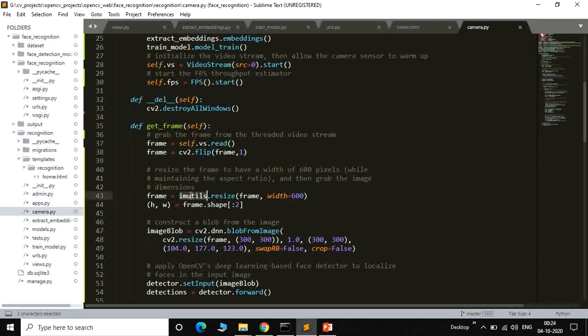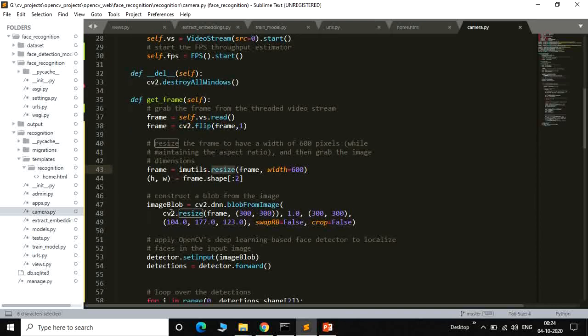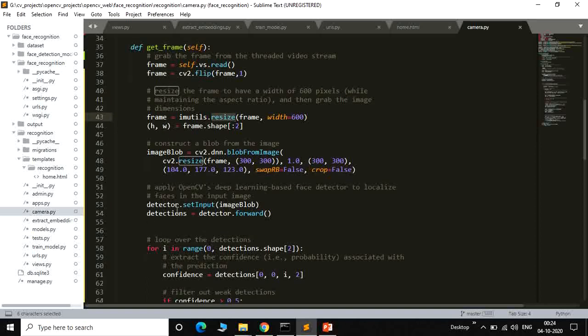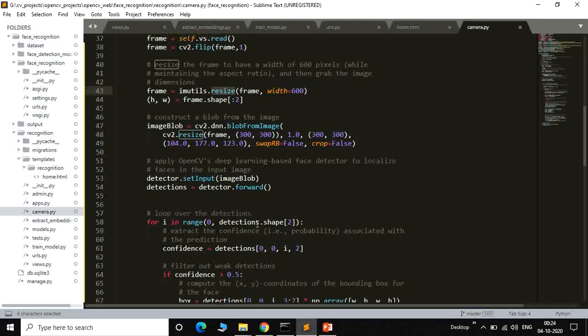Now utility.resize_frame, we first resize that particular frame to a width of 600. This is the height and width, and the image box, the image size, we can show it here. Now the detector.setInput with the image blob, and detector.forward.